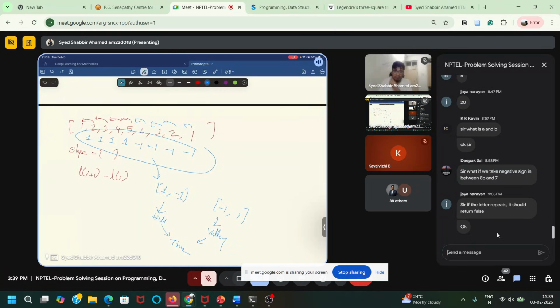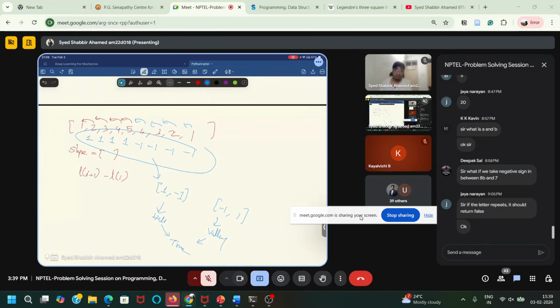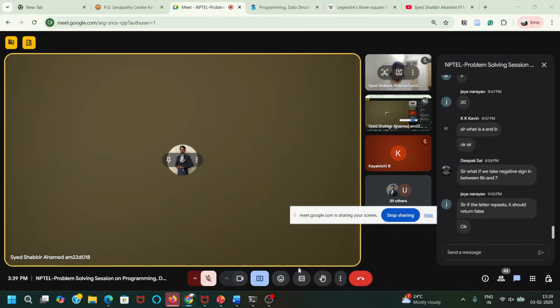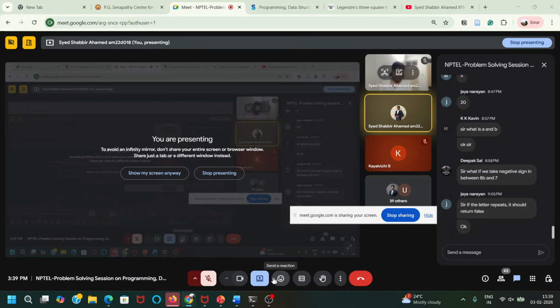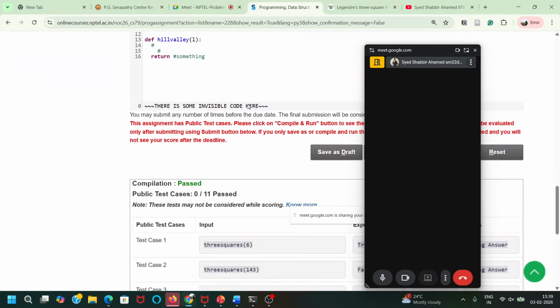While writing the program, when you check for different cases, if you are getting an error, then you will find out what is wrong with your code. I will share the computer screen again. So here you have this test case, right?